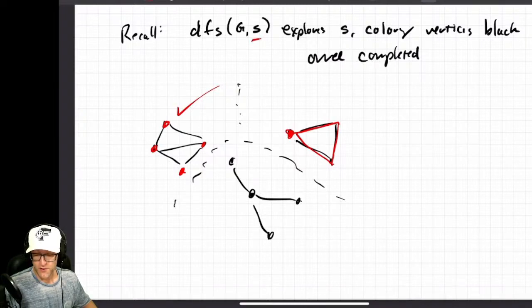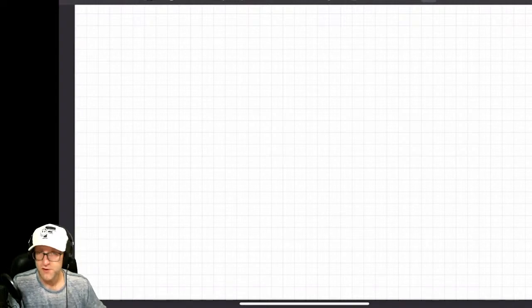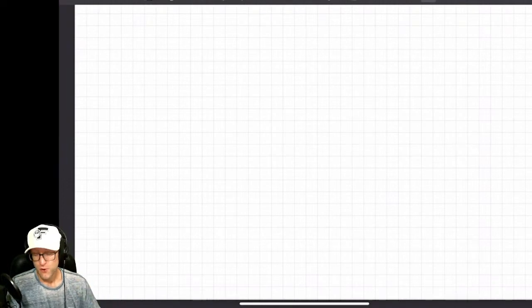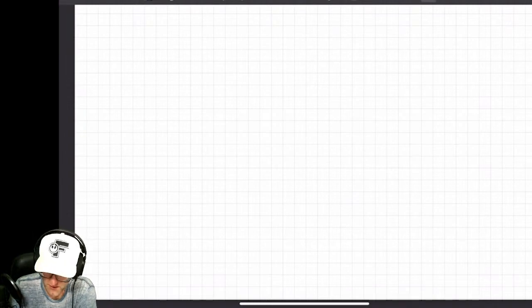And you would call this DFS every single time until they were all completed and colored black, right? So we're going to exploit that fact here, right? We're going to suppose that we have access to that function, that method, that algorithm, that pseudocode, okay? And we're going to use it as a subroutine here. So here is our num components